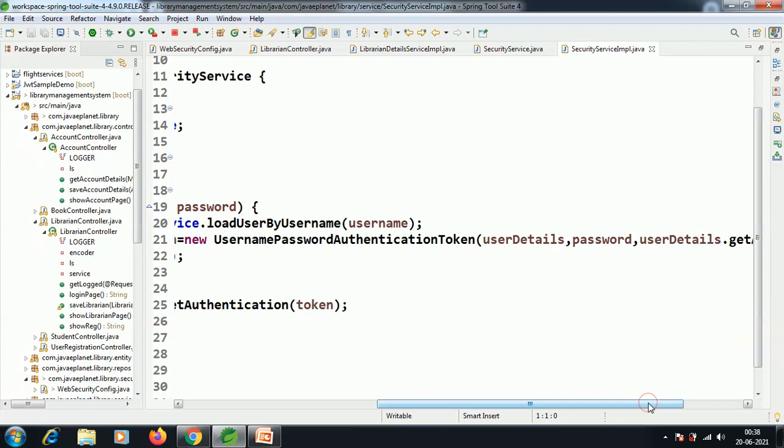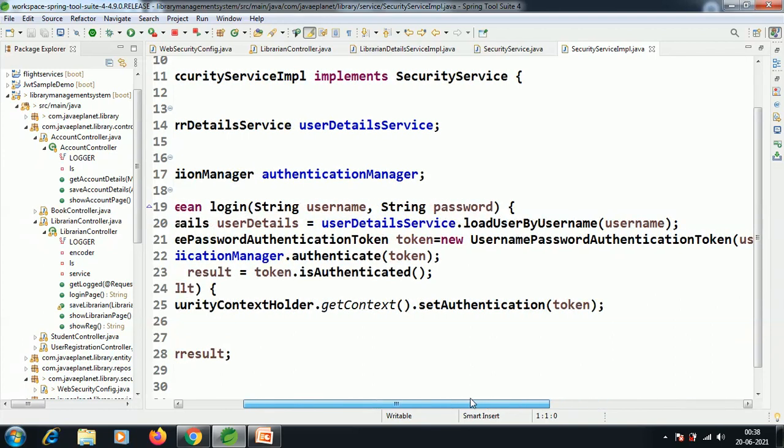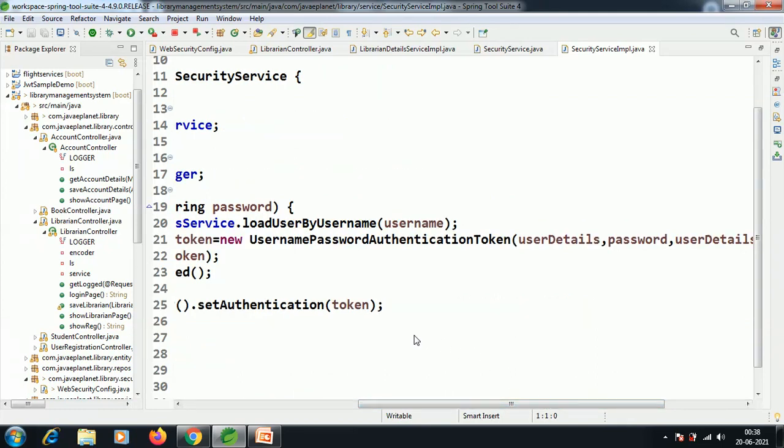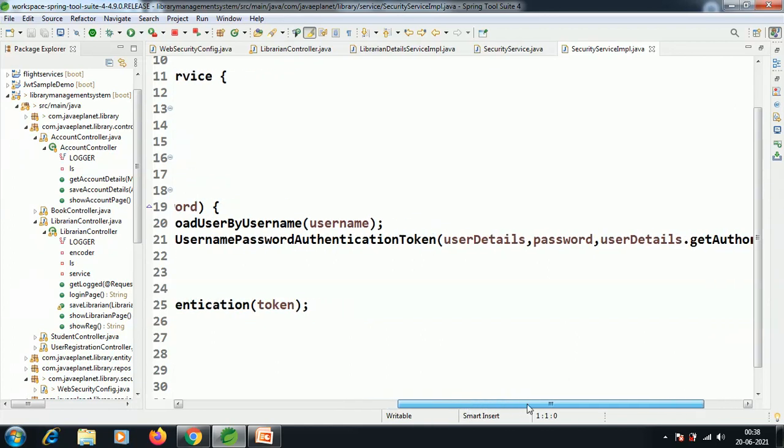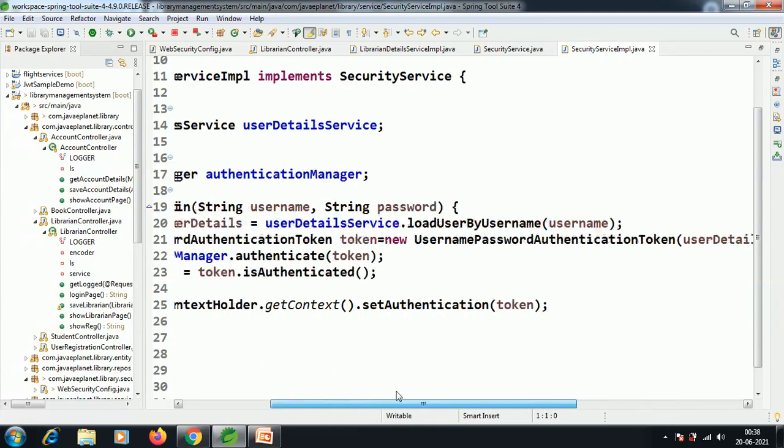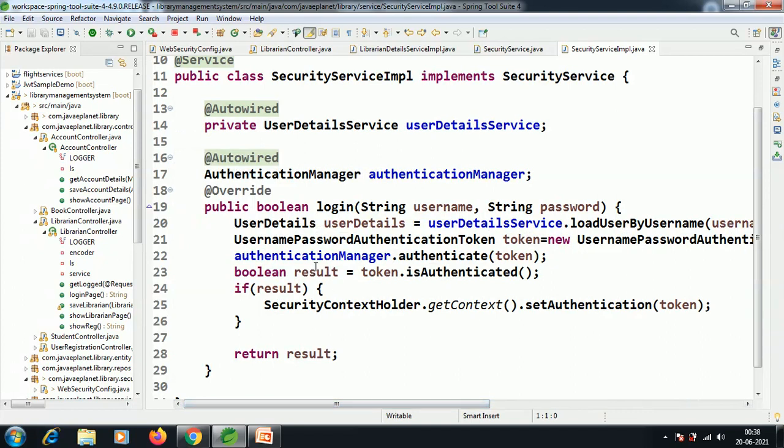That means to validate the password which comes from the database, it is validating by the username password authentication token. We have provided the user details, password, user details dot get authorities. To validate, by using the authentication manager dot authenticate, we are authenticating the user details.